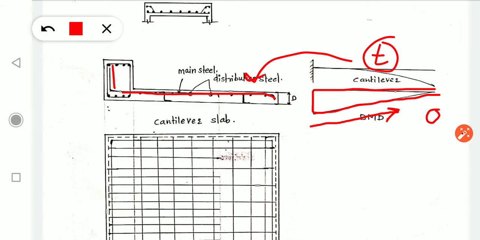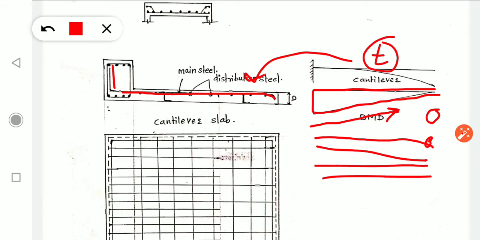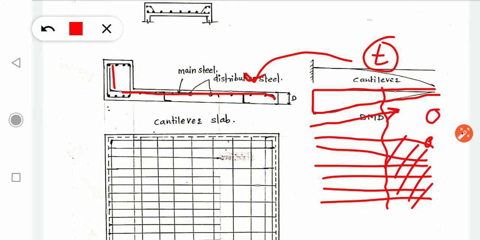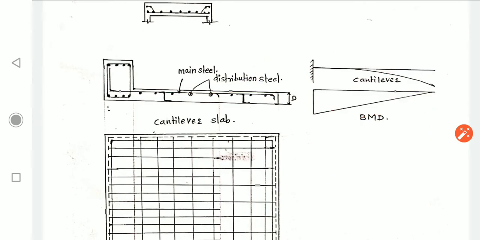So does it need to provide reinforcement till the free end? If you extend all the reinforcement like this till the free end, it will be extra steel, because there is no need of reinforcement in this region. If you provide lesser reinforcement, I am saying lesser reinforcement, no reinforcement is not a case, that will turn our structure brittle. So no reinforcement is not an option, but we can reduce some reinforcement in this region, okay?